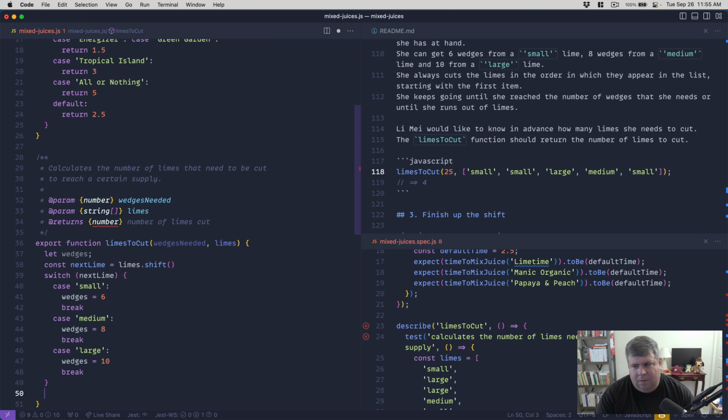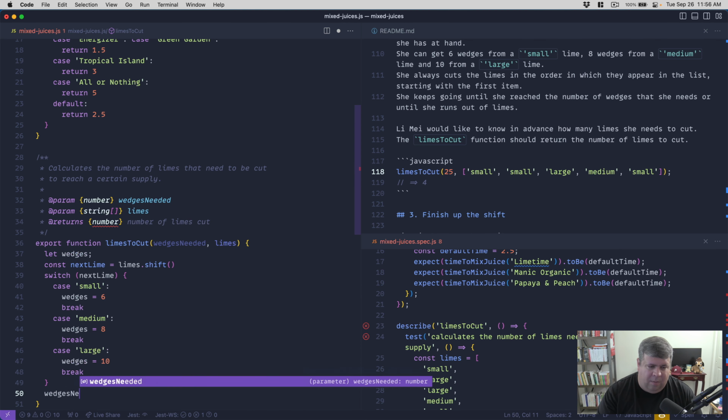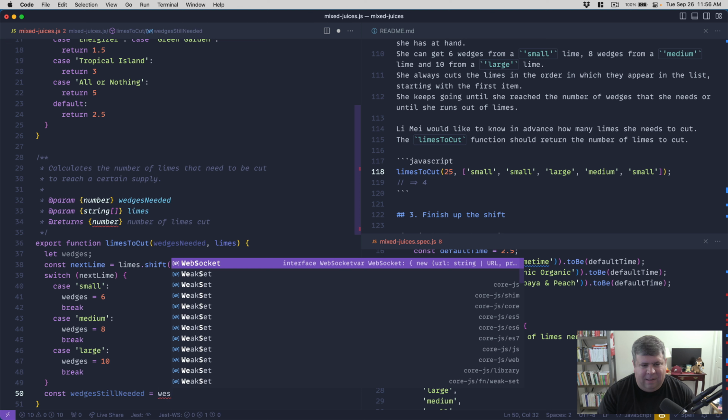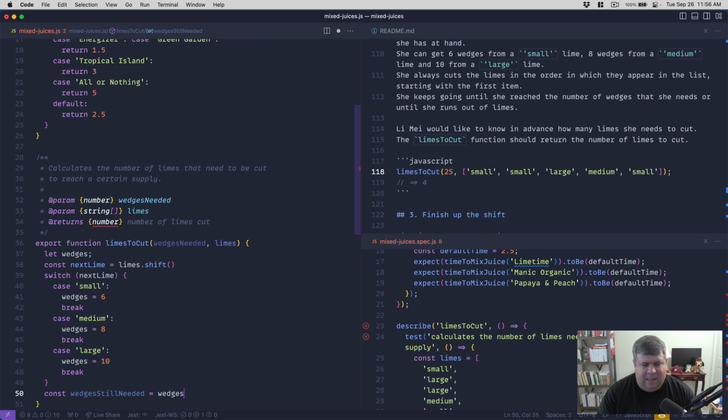So wedges needed equals, I'm gonna say wedges still needed equals, and we'll make that a const, and that'll be wedges needed minus wedges, and